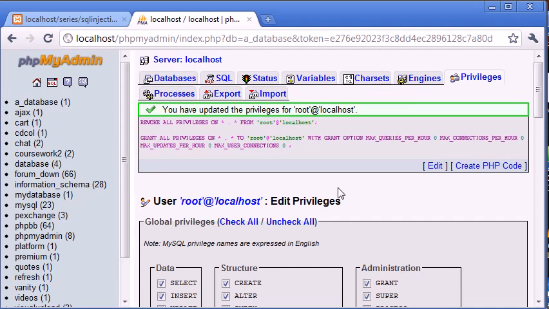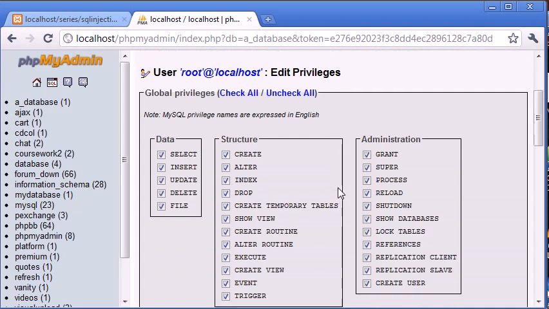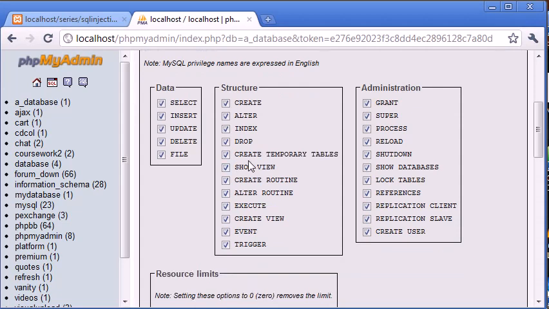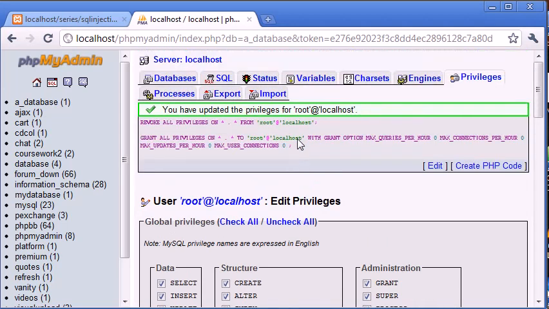So only select the privileges that you absolutely need on the website. It's very rare that inside a web application you'd want to say drop your entire database. So you can remove this, or drop tables. You might need to drop tables. But you can untick specific ones. So that's something to think about while we carry on with our actual